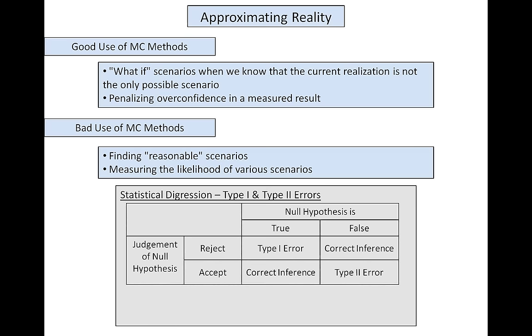And this is the table that I came up with of how to think about type 1 and type 2 errors. That is, we have two categories here. We have what our null hypothesis is. That is, what is our knowledge of the current scenario? So it could be our knowledge is I'm alive, the building is 10 feet high, my hair is black, and so forth. So that's some knowledge. That knowledge is your null hypothesis, or you can think of it as your prior for those of you who are Bayesian. And we have the judgment that we make about that knowledge.